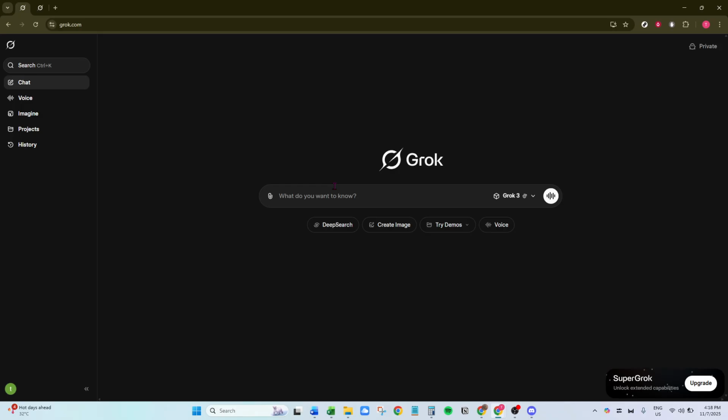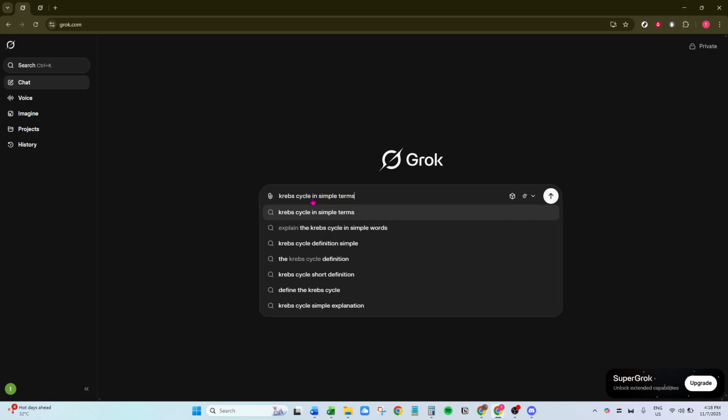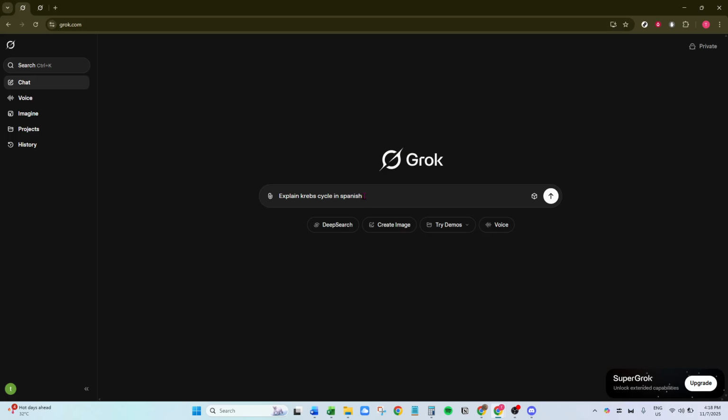Now onto the third step, which is crucial. Explicitly specify the language you wish to use in your prompt. For example, if you want your input and responses to be in Spanish, go ahead and communicate this directly in your chat prompt. This direct approach tells Grok exactly what you need, laying the groundwork for seamless communication in your